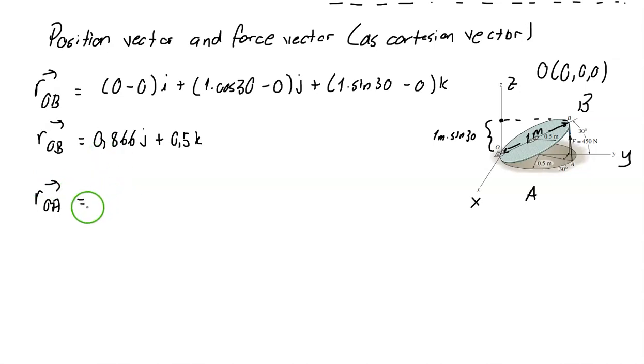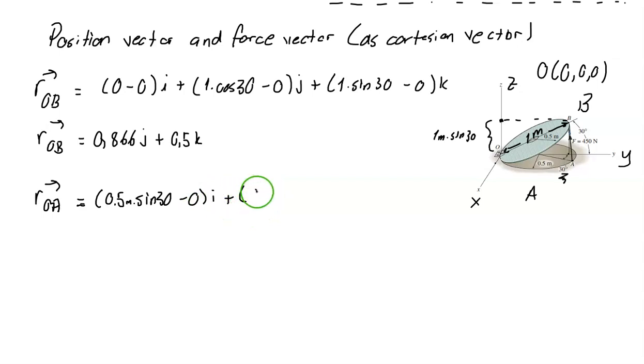That will be equal to, using a similar approach, for the X coordinate, A is here. This is again a 30 degree angle here, so again 0.5 times sine 30 and 0.5 times cosine 30 would be the X and Y coordinates of point A. Okay, so based on that I will have 0.5 meter times sine 30 minus 0 I